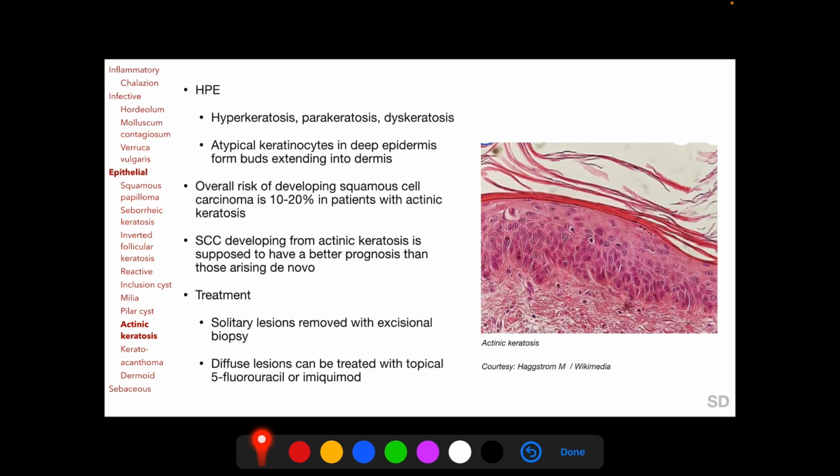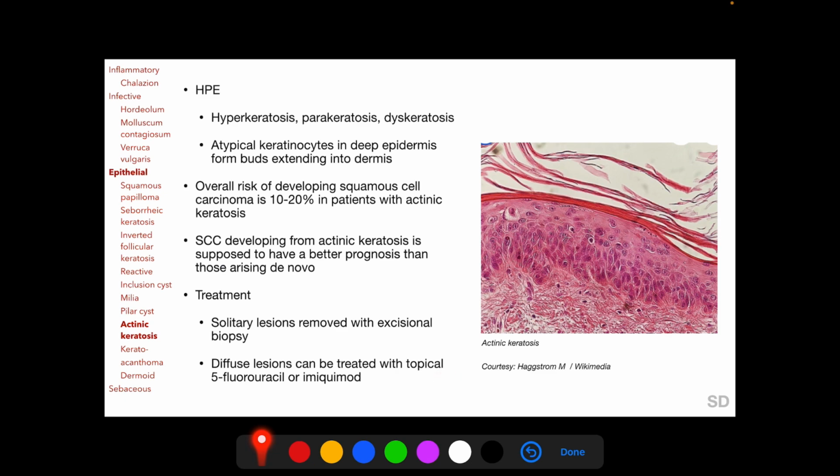On histopathology, actinic keratosis shows hyperkeratosis, parakeratosis and dyskeratosis with atypical keratinocytes in deep epidermis forming buds extending into the dermis. The overall risk of developing squamous cell carcinoma is 10 to 20% in patients with actinic keratosis, and squamous cell carcinoma developing from actinic keratosis is supposed to have a better prognosis than squamous cell carcinoma arising de novo. Solitary actinic keratosis lesions can be removed with excisional biopsy, and diffuse lesions of actinic keratosis can be treated with